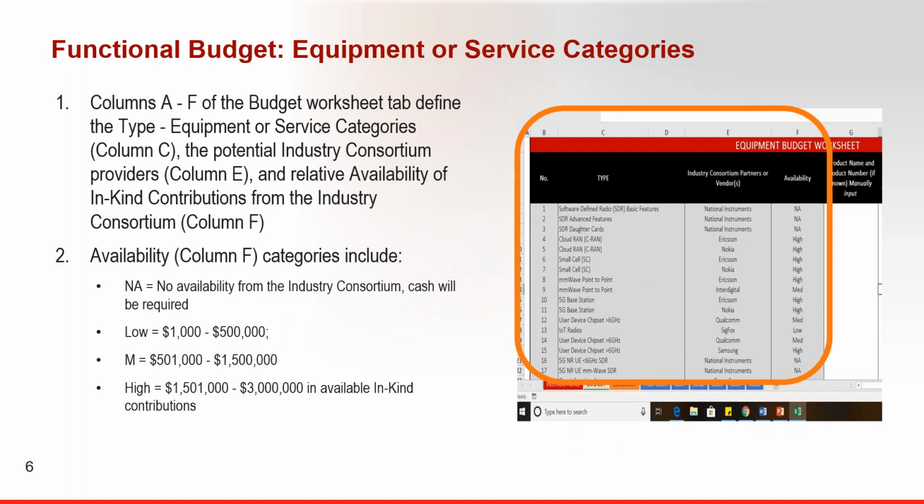Now, let's take a look at the equipment or service tables of the functional budget. Columns A through F of the budget worksheet tab define the type, equipment, or service categories, the industry consortium providers, and the relative availability of contributions from the industry consortium. The availability column, which is column F, indicates the approximate value available from a particular consortium member. The values are NA,